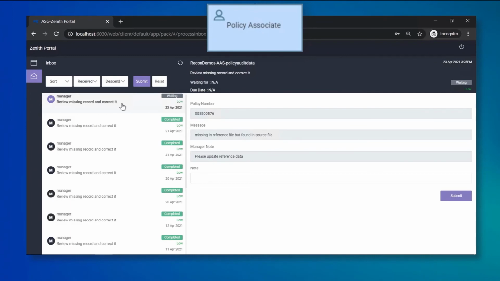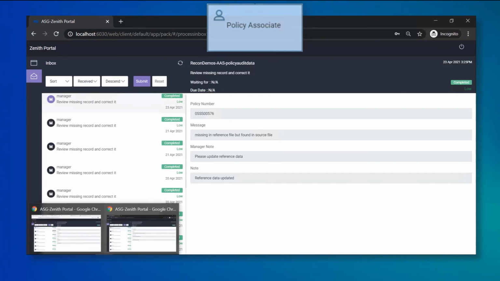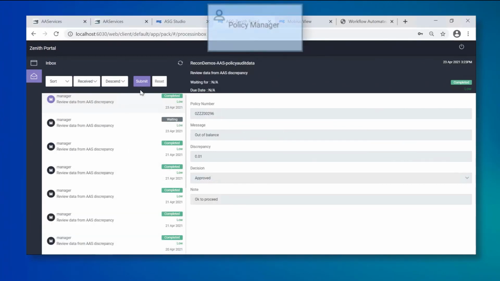The business process expects the associate to update data. Upon completion of the update, the associate now triggers notification to the manager of the same and brings the entire process to completion.